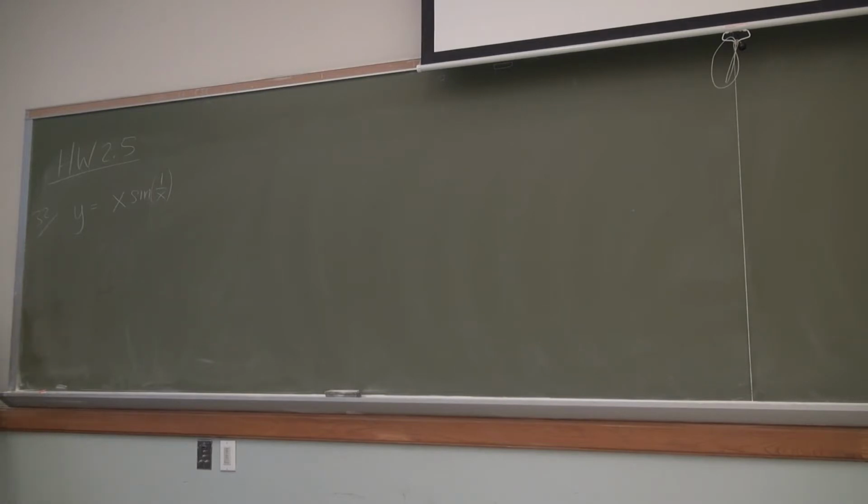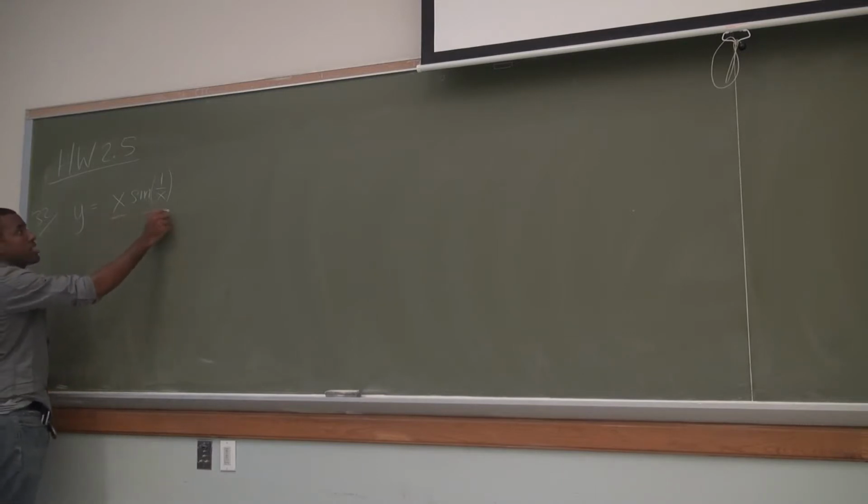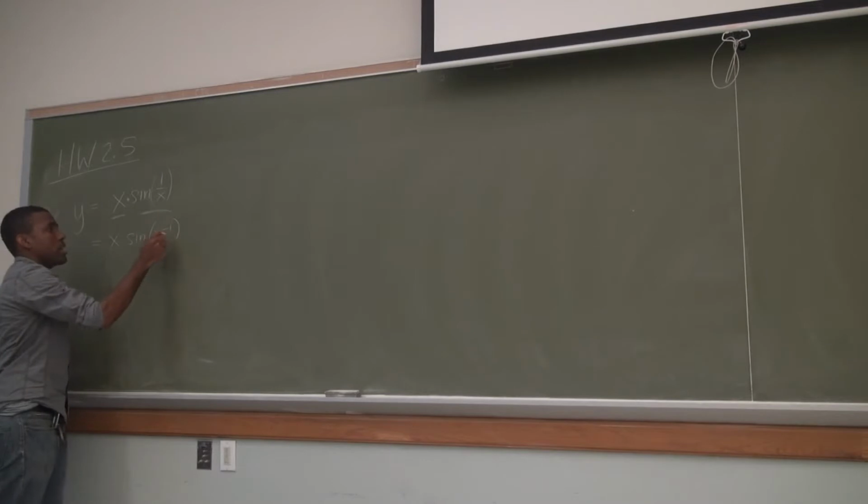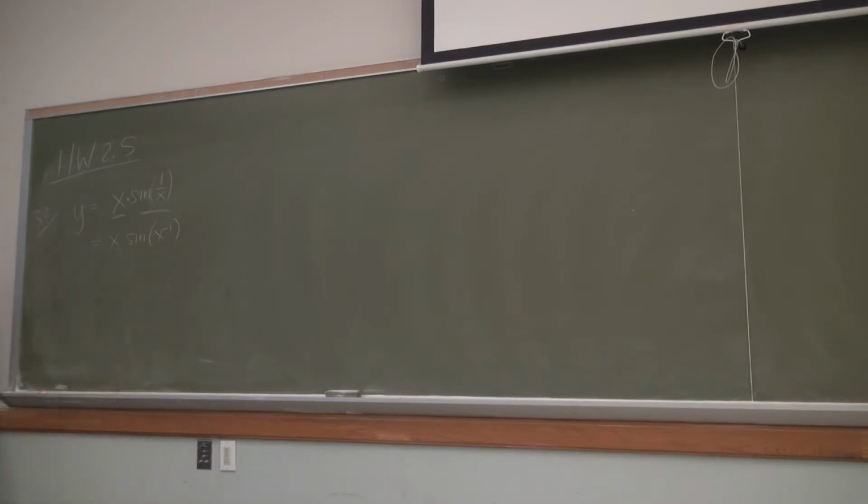How do we do it? Product rule, right? We have two functions multiplying. There's an x and then there's a sine of this thing. But it's not just the product rule. To differentiate this part, what do you need? Chain rule. To make your life a little easier, you can think of it as x to the minus 1, so you use the power rule. It makes that easier, right? So y prime equals